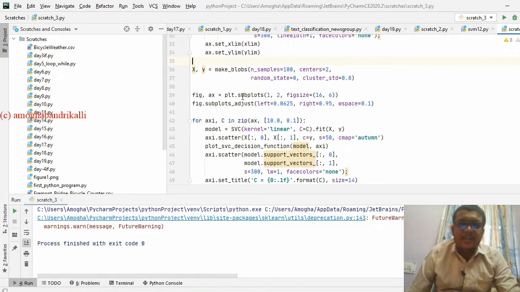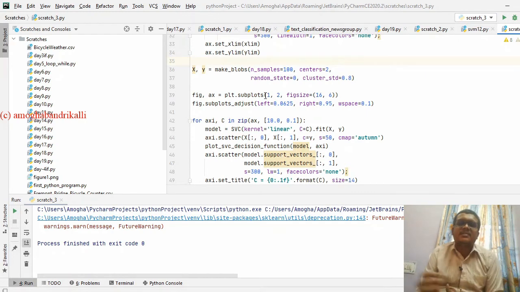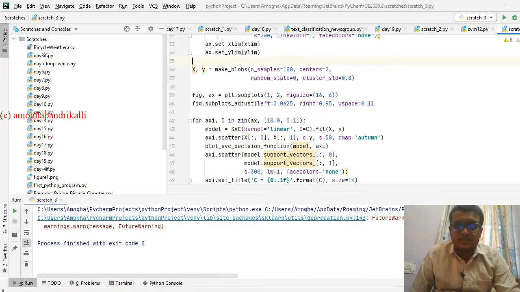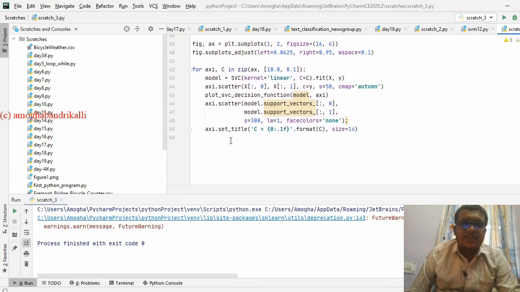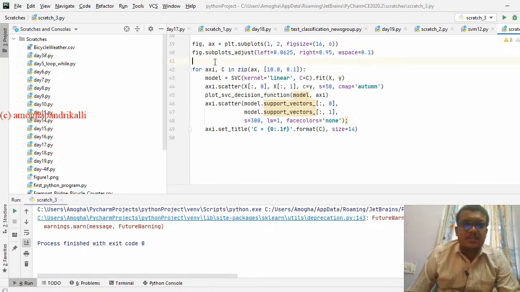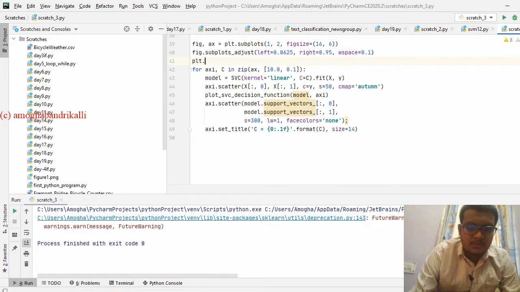We are taking subplots, dividing a window into a number of rows and columns. So you are going to make a figure size of these values. You are going to see how it varies for overlapping data.